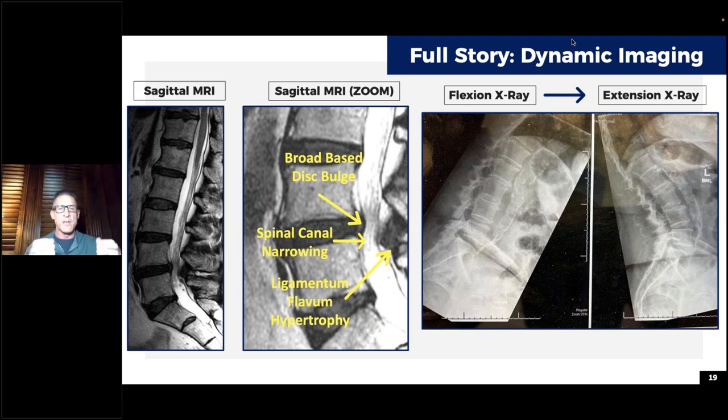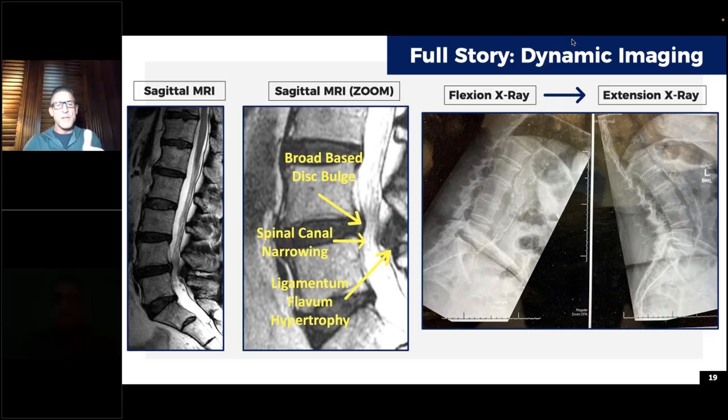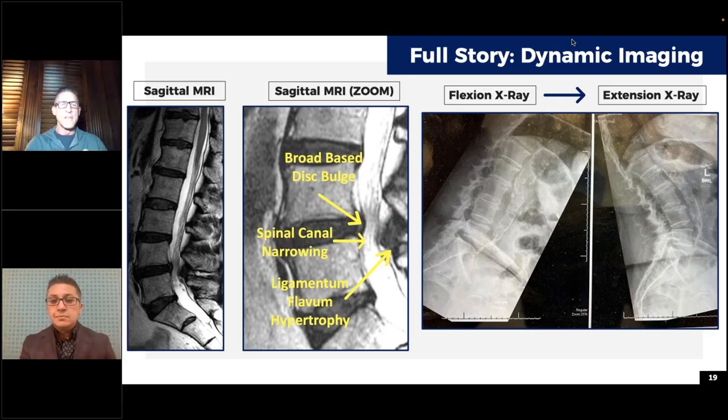So now we're having to open our minds and our eyes to different algorithms and some different paradigm shifts. And the new paradigm shift for you tonight is what's already been mentioned several times, and that is think AI. Think about angular instability. If you look at this picture here, you've got an MRI that Dr. Fleming did a beautiful job on. We'll let Doug know that you did a beautiful job, by the way.